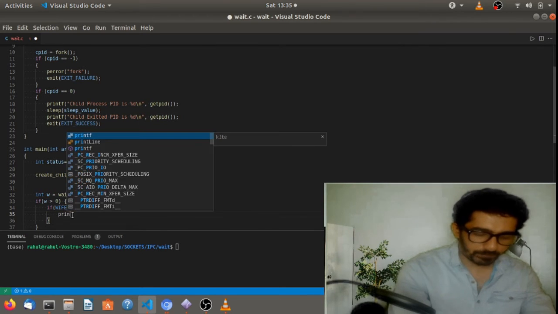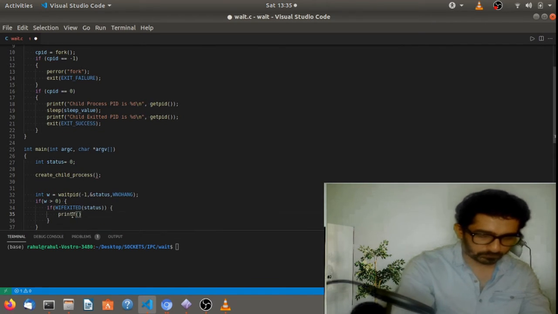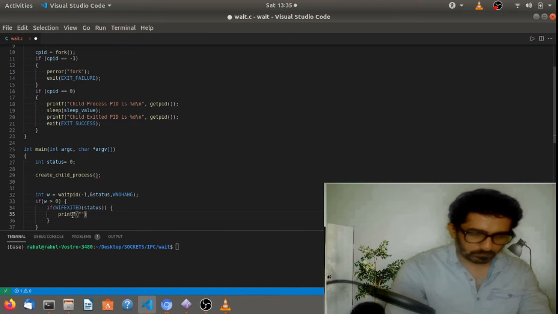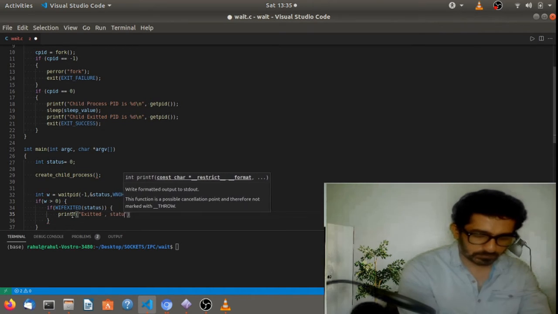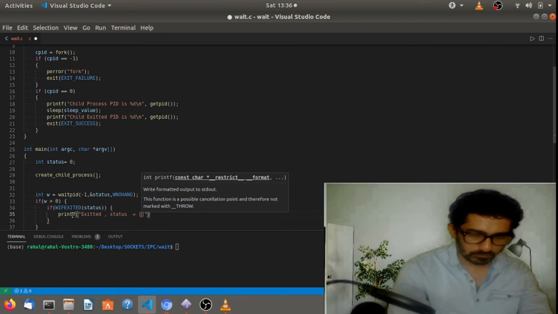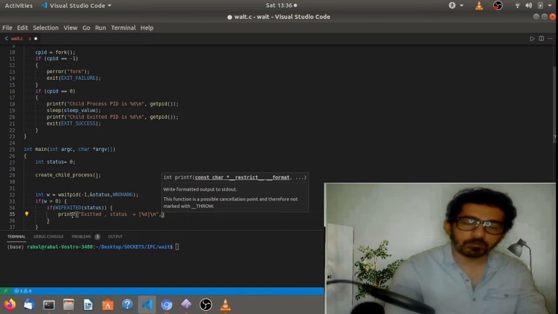So we are also printing the status value for this child process. We need to print: exited, status is %d, then next line. And there is one more macro that will be used to get the exit status of the child process.